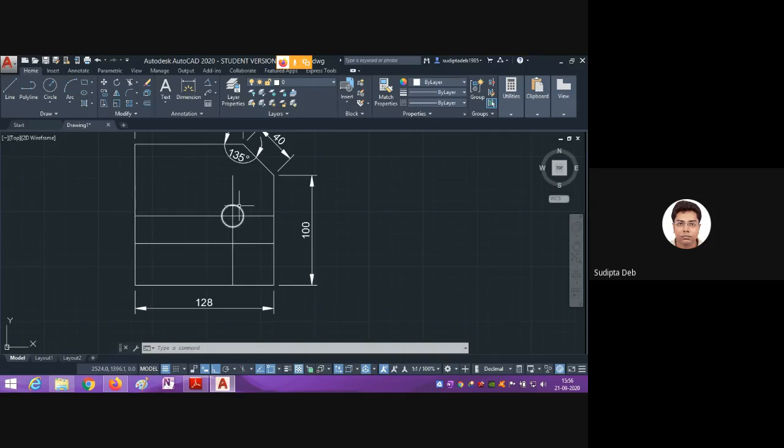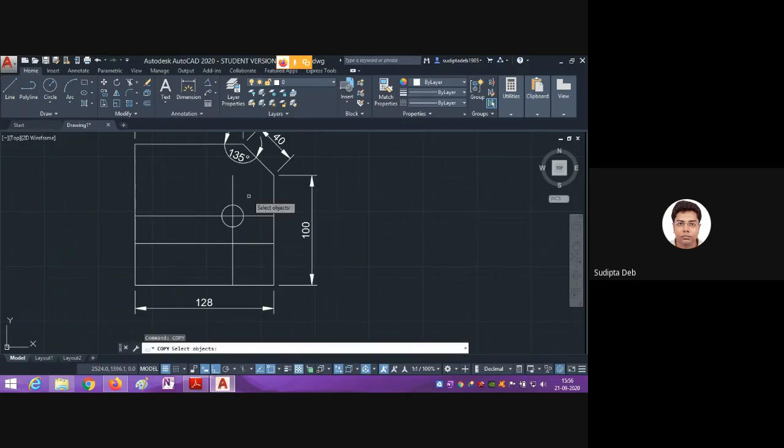Okay, so this is the one circle. We have drawn the parallel lines by taking the offset command. Okay, this is the circle. Then again I am telling you another command, like copy. Suppose I want to make a copy of this circle multiple times, I can use the same thing. Okay, so the command is copy. Copy, press single enter.